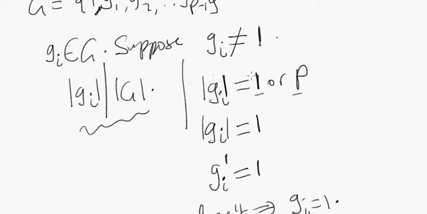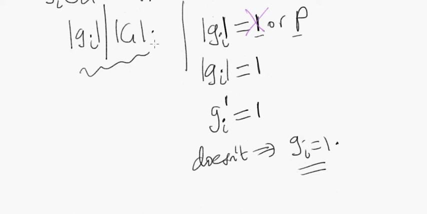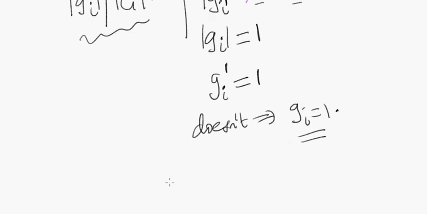Can we conclude that the order of G sub I is not 1? If the order of G sub I is not 1, what has to be the order of G sub I? Right. So can we conclude then that, okay,